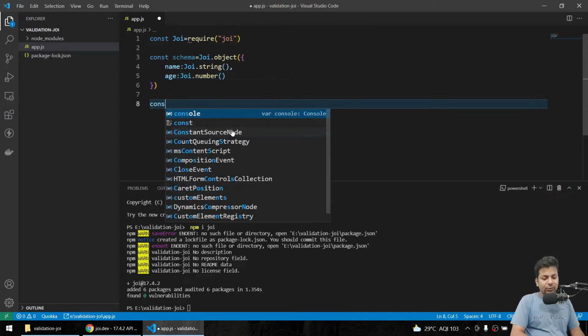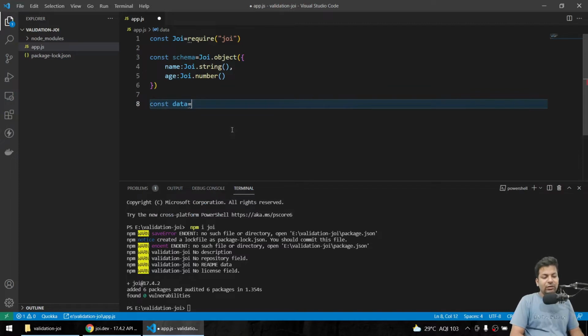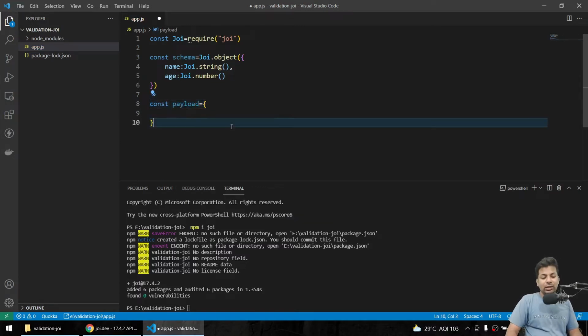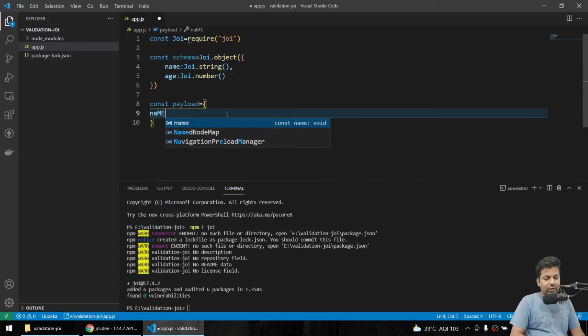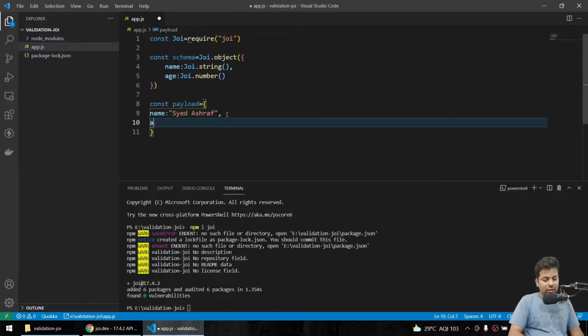Now we'll build something which will validate against the schema. Suppose this data is coming from an API, so we'll call it payload. Here we give the name Sayyid Ashraf, and age we'll give like 24, like normal.